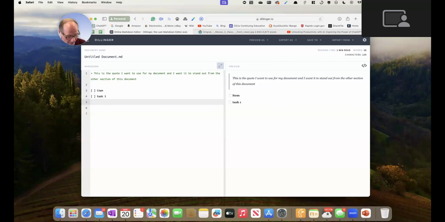And then if you want to show finished items, you can go bracket X space finished item. And then you see that's checkboxes. Now, if you go over here, you can find out that these are actually active. If you're using this on a website, you can make these actually active so that you can go back and check them off later on.